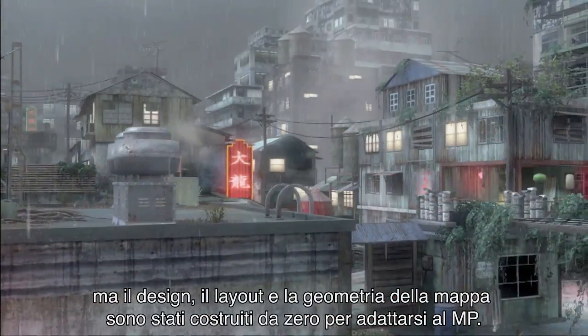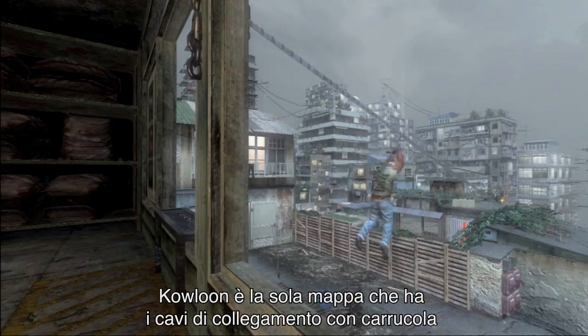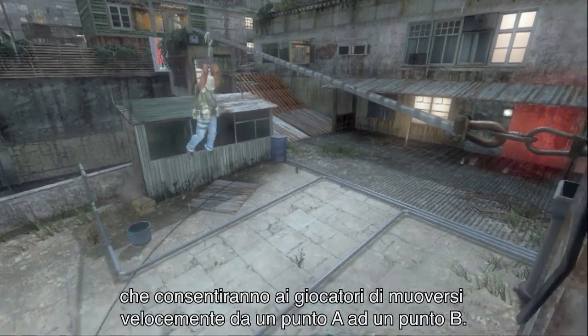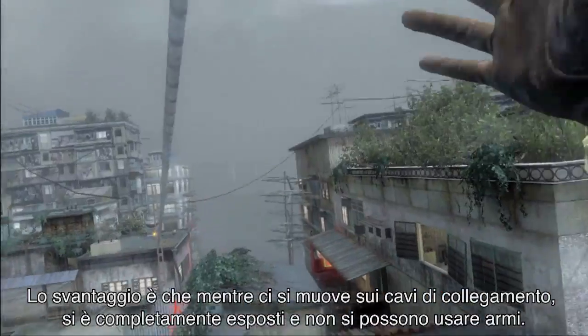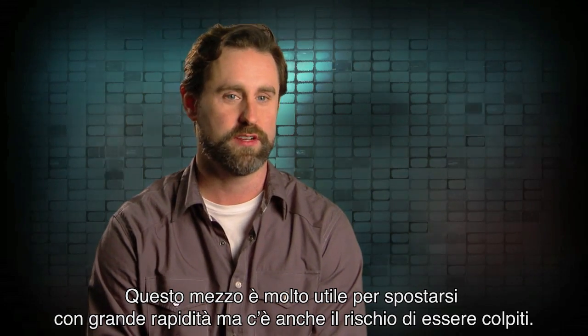but the actual design and the layout and the geometry in the map is built from the ground up for MP. Kowloon is the only map that has zip lines, which will allow players to quickly get from point A to point B. The trade-off to that is that you're completely exposed while you're on the zip line. You can't use your weapon. It's going to get you to your location much faster, but there's also the risk that you're going to get